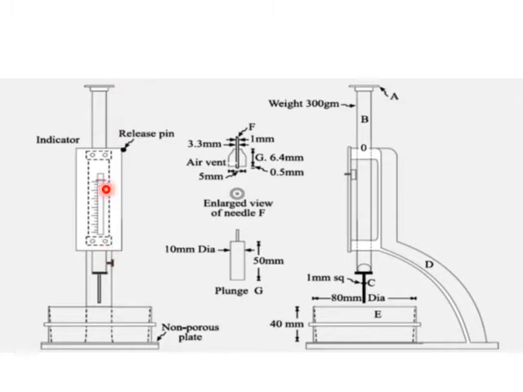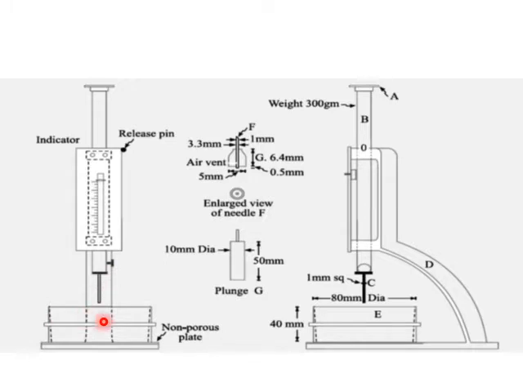And the top portion you can see here is the needle arrangement. This attachment is given to you, and a screw for attachment of the needle has been given to you. There are three types of needles available for different experiments. For this particular experiment, I'll be using this plunger, which is 10 mm in diameter and 50 mm in length. It will be inserted here and the screw is tightened properly.